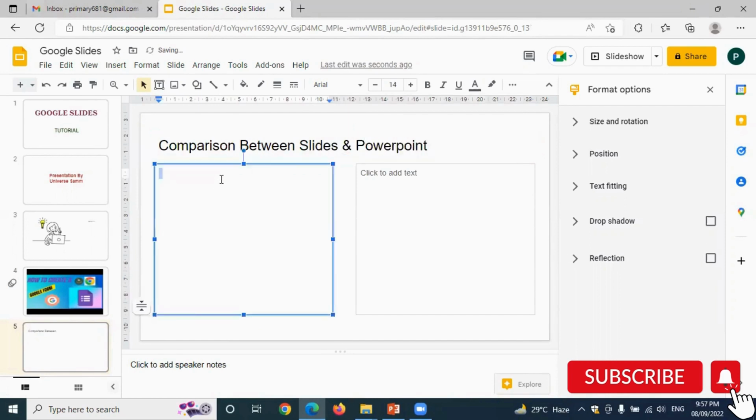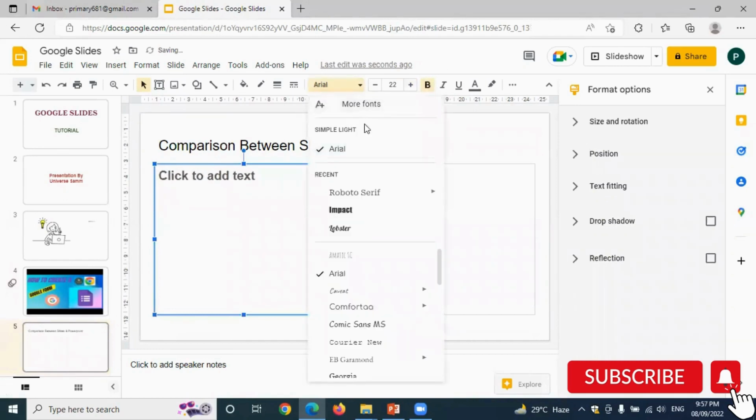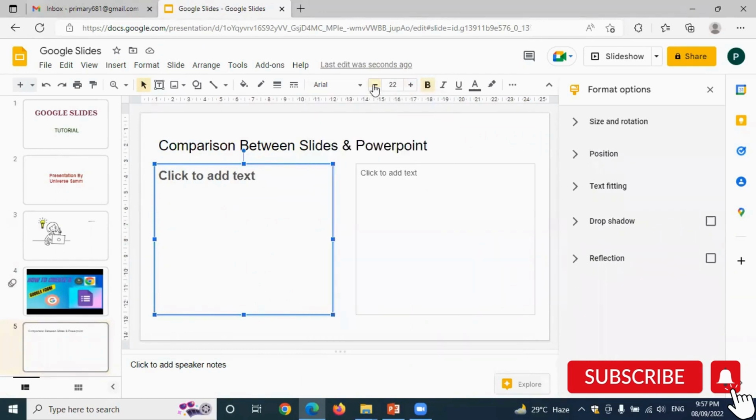All right, so quickly I'll just put a couple of points here. Slides. Okay, see, this is too small for me to read. So from here, I'll make it a little bit bigger. Just click on this box again, make it bigger, and if you want to change the font, you can do that. This one is fine. So slides are cost effective,